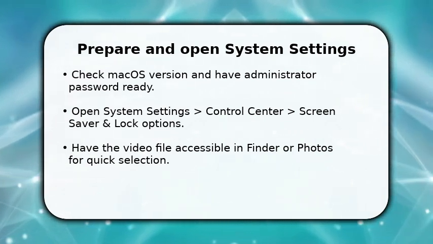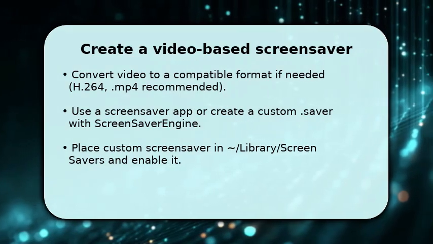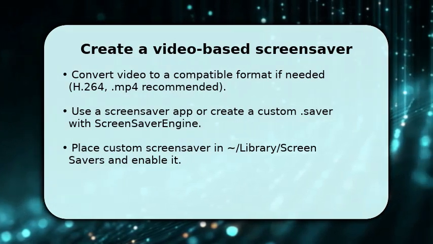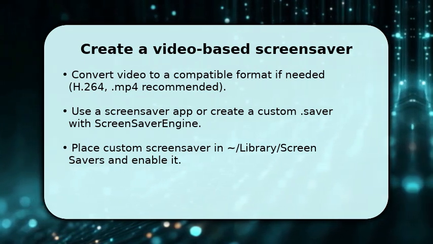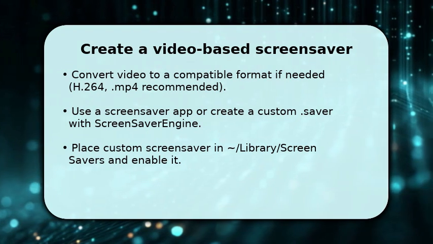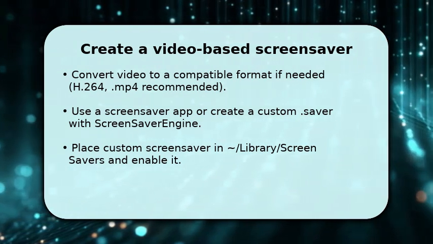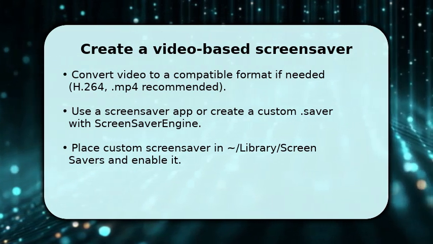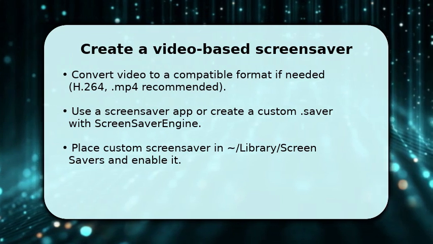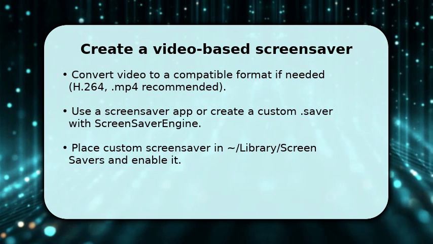Next, you create a screensaver that plays your video. Mac OS does not natively accept arbitrary videos as lock screens, so this step is essential. Convert the clip to a common format like H.264 MP4 if necessary, then use a lightweight screensaver app or package a custom saver bundle that calls Screensaver Engine on your file. Once the saver is built, move it to your user library's screensavers folder, and then enable it